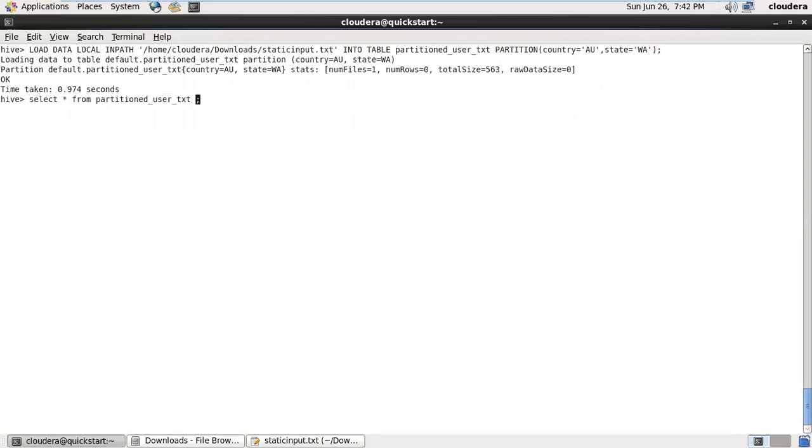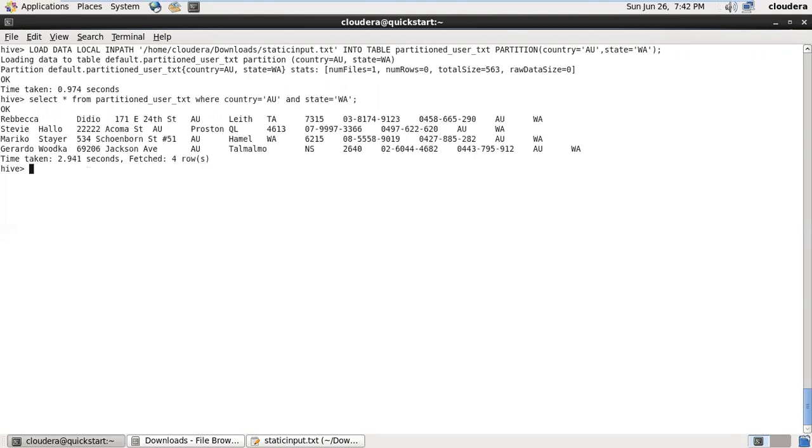Now, if I use select star from the table where state equal to WA, and country equal to AU and state equal to A. You can see,